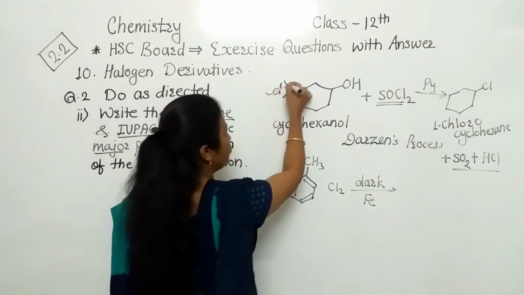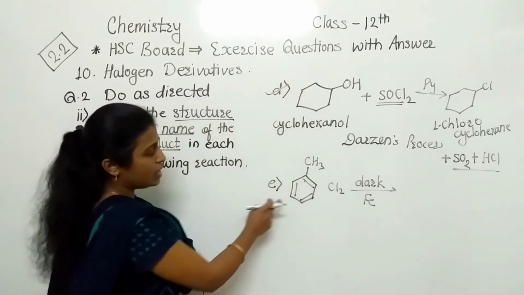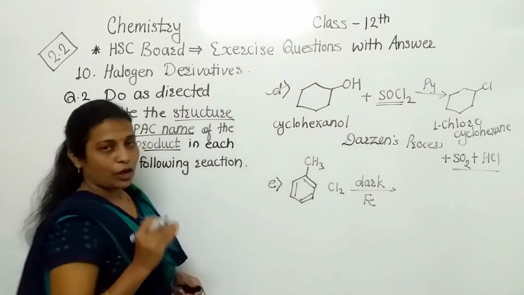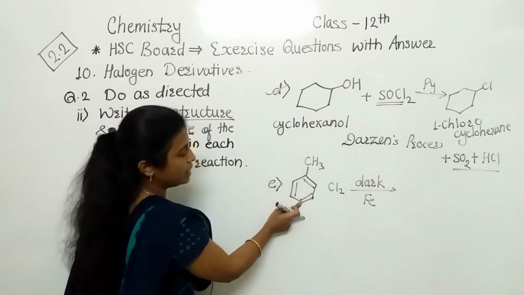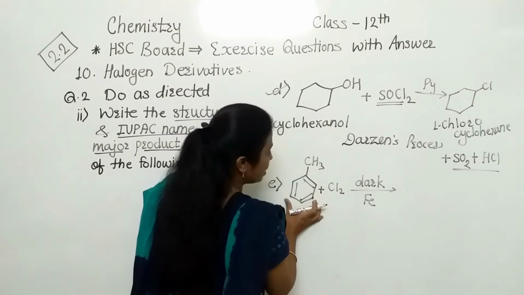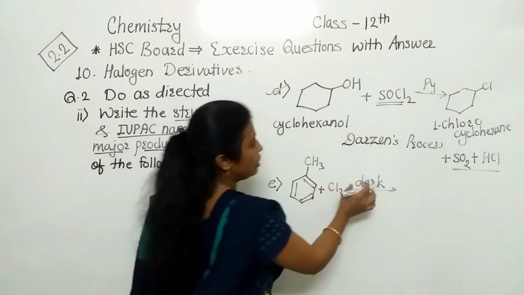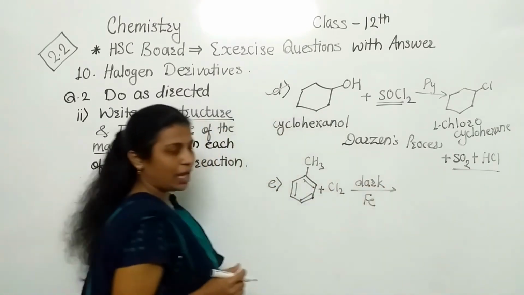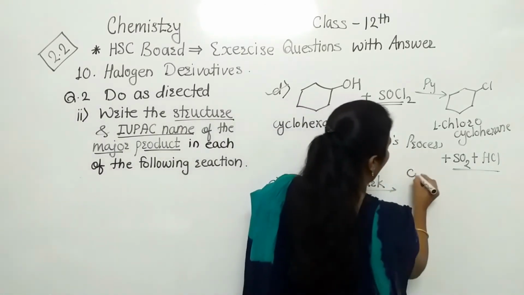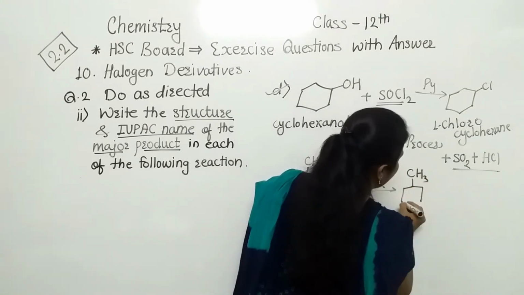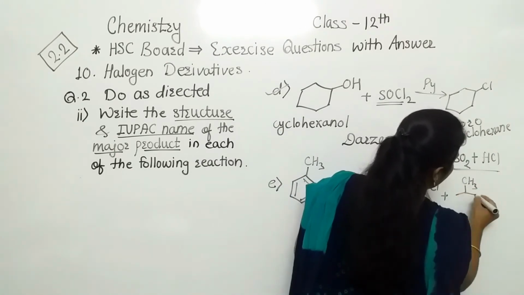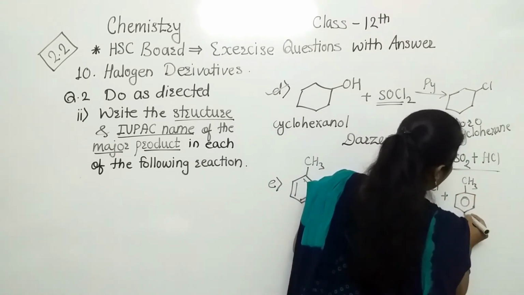So here we have completed the 4th one. Now the 5th reaction. Here they have given this compound. The IUPAC name is methyl benzene; the common name is toluene. Now see, when methyl benzene is treated with chlorine in presence of dark and iron as a catalyst, what will be the product? Here we get the ortho product with 1 chlorine, so ortho and para products we get here.